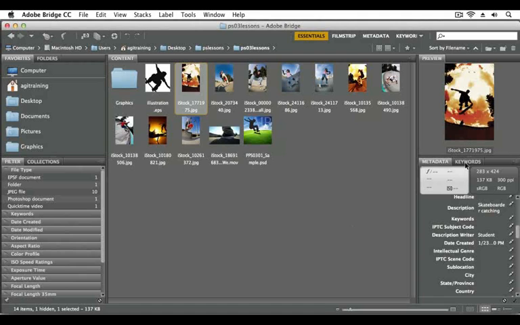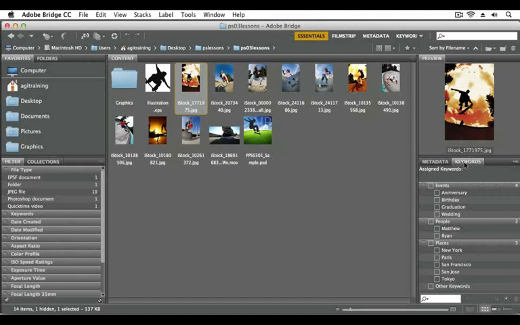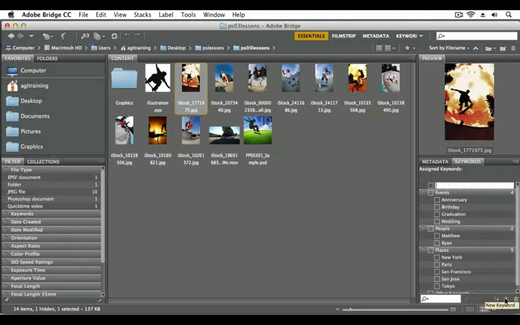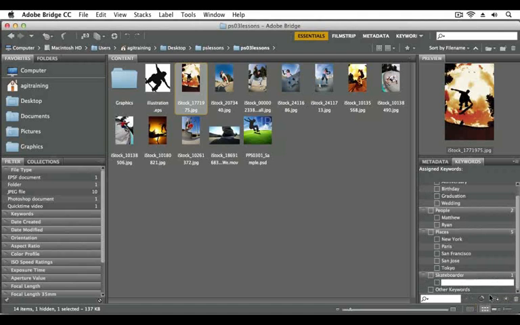I can also associate keywords with images. I'll just show you a couple examples here. I'm going to go down to the bottom of the Keywords panel and click on the plus sign for new keyword. I'm typing in skateboarder. And then I can also say I want a new sub keyword underneath that, and I'm going to put in